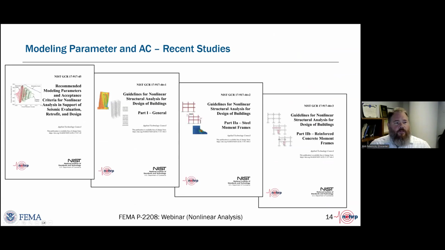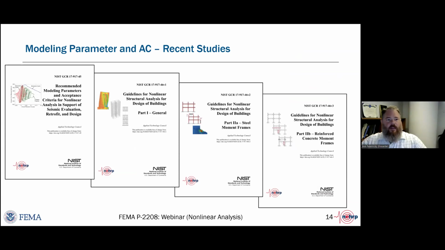And as I said before, the NIST GCR 17917-45, or the ATC 114 project, spent a lot of time thinking through how you could do this and how you could write rules for developing generalized modeling parameters and acceptance criteria, and also proposed updates to many of these modeling parameters and acceptance criteria.